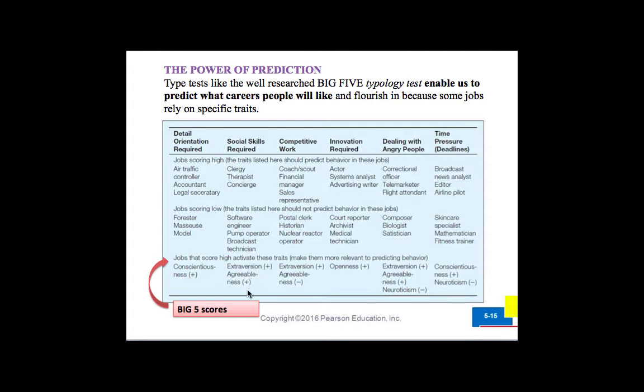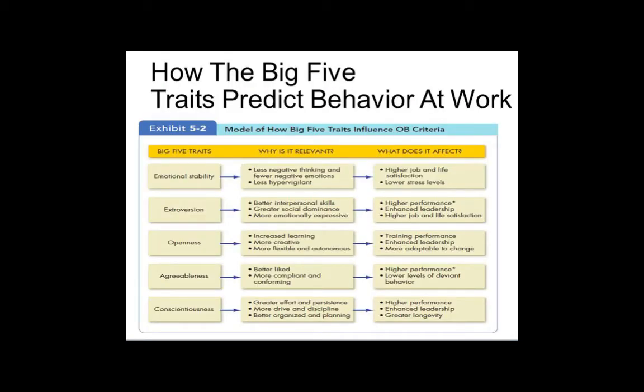High extroversion, high agreeableness, high in these scores, clergy, therapist, concierge of a hotel or a resort. Low in these scores, these kinds of jobs. High in extroversion and agreeableness, these scores lower, so on. So you can see the jobs that call for the different kinds of skills. Like, for example, one that really stands out with the Big Five is that lawyers need to be at least moderately disagreeable, especially those that